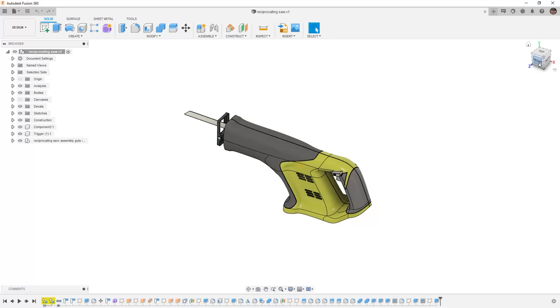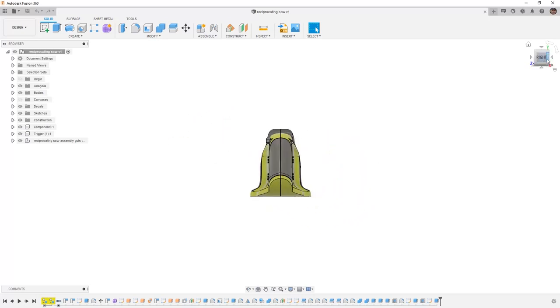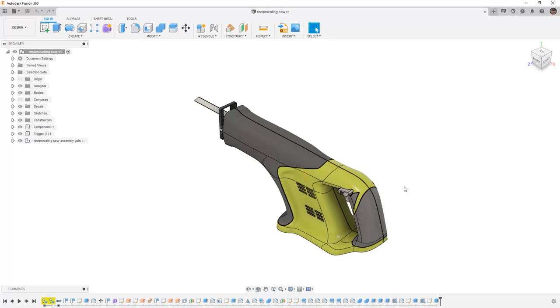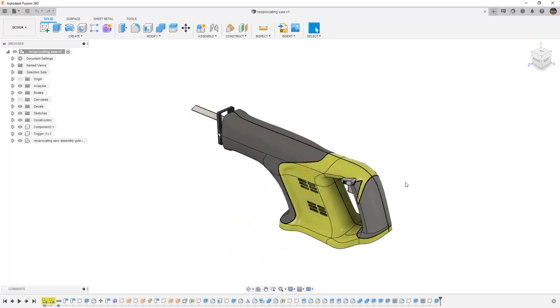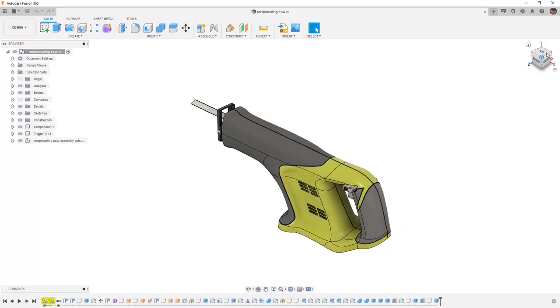In the upper right-hand corner, we have quick access to a view cube, which allows us to select certain areas to quickly view our model in certain orientations. We can always select home to go back to the home position. In the bottom right-hand corner, we can expand this and change the view type. For example, I like to model with perspective with ortho faces. This means that my model is in a perspective view, but as soon as I go to one of my standard views, such as front, it goes to an orthographic view. This makes it much easier for us to sketch and model features, but